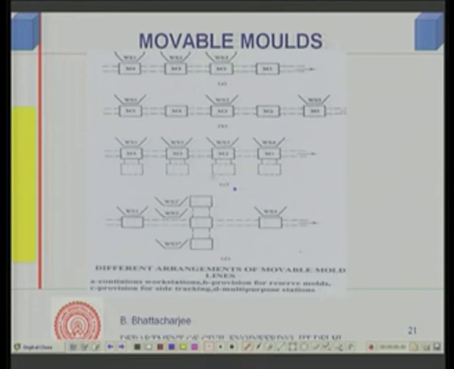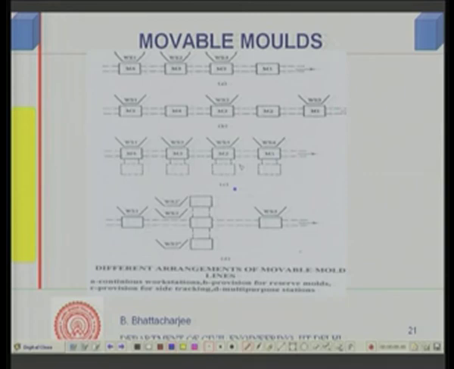Similarly, there are other arrangements. There may be a dummy station in between, so if there is a problem, it can be shifted, and the other one can go on while this is rectified, and so on and so forth. So, there are various ways to tackle this, different arrangements for movable molds, such as continuous workstations, then provisions